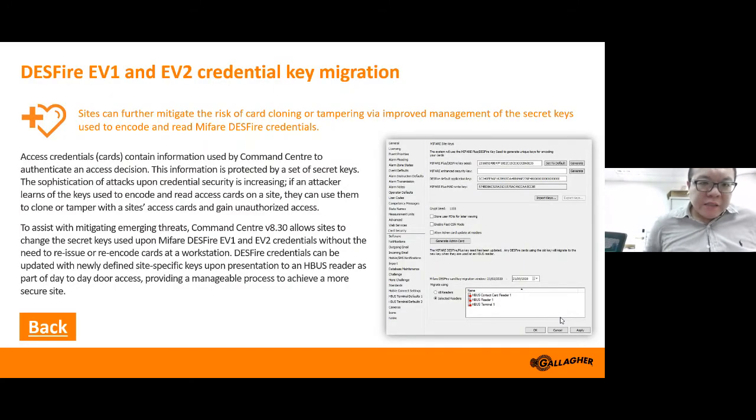The next one is what we call key migration in the DESFire EV1 and EV2 card. If you have used the Command Center system before, you may know that we always have what we call a master key for encrypting the data from Command Center to the MIFARE card. Although this key is complex and also well encrypted in our software, some of our end users may challenge: what if someone gets the key from the server and tries to duplicate the card? Which means if someone already using the system tries to duplicate, how can we prevent it? Therefore, since Command Center 8.0, if you are using the MIFARE DESFire EV1 or EV2 card, this card now